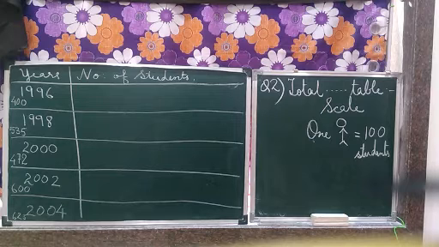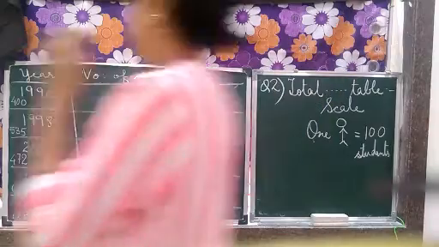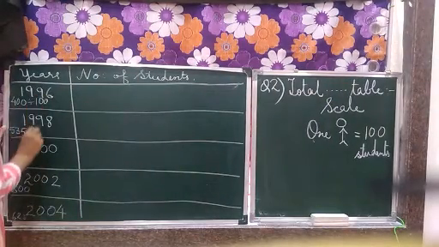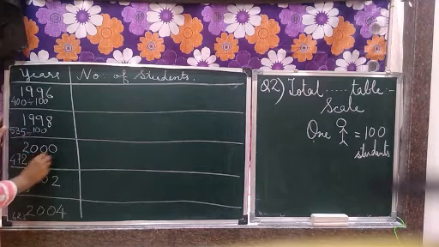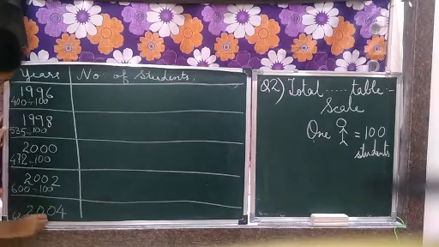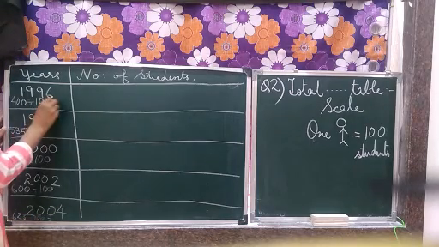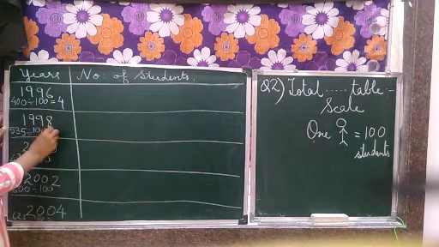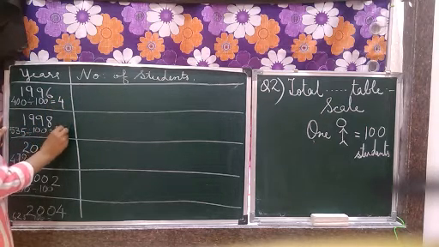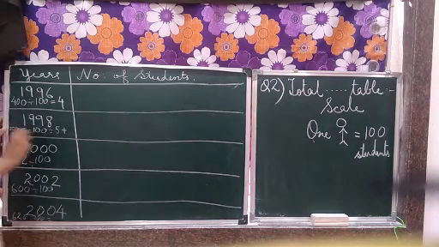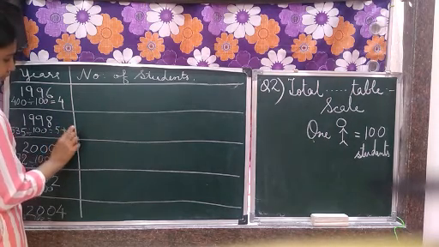100. Okay, the number of students given in the scale is divided by 100, and here also divided by 100. So here when you divide it by 100, this is what? 4. Here when you divide it by 100, it is 5 and plus 35 also is left, correct? So 35 by